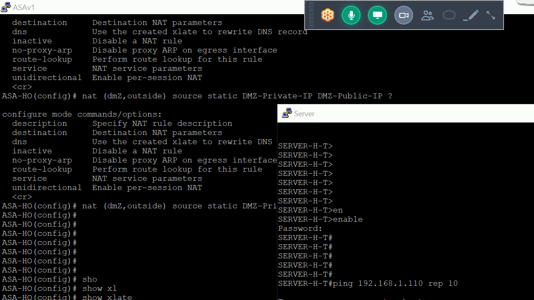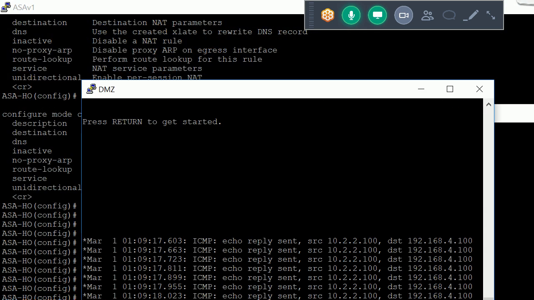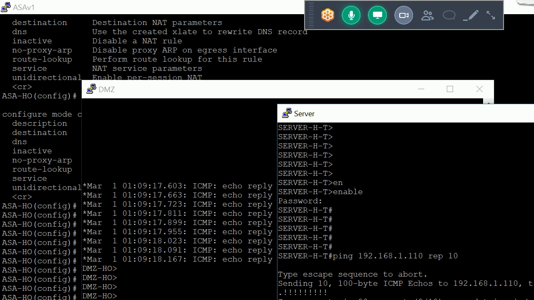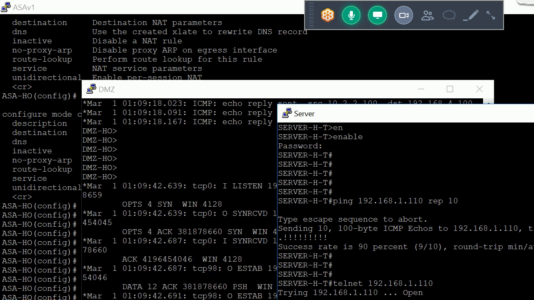And if I see the DMZ configuration, it is working, and the IP address of this server is 192.168.4.100. Now telnet is also working.